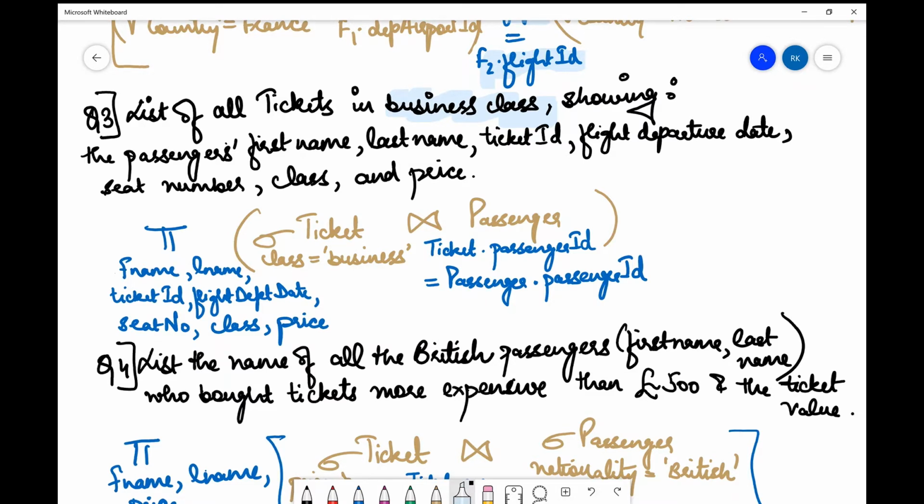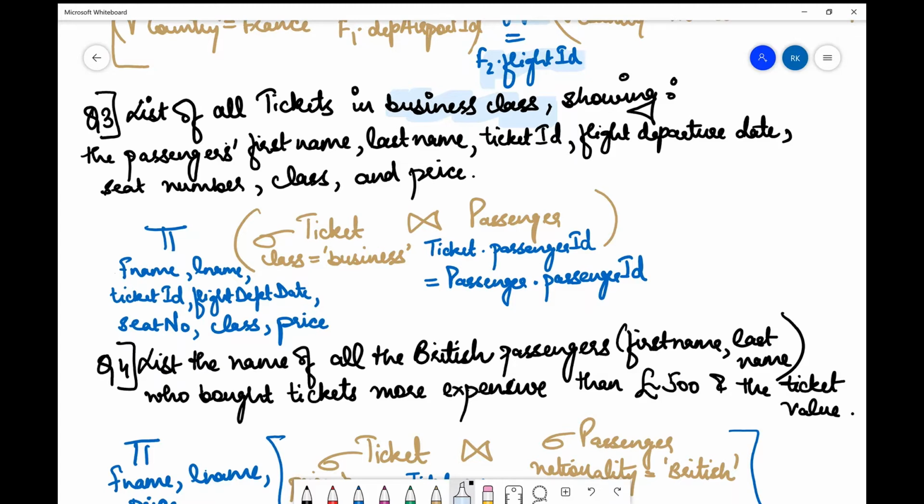Now, it is very important over here first of all to find what is the condition which needs to be selected in order to fetch the records, and then finally what is the final information that needs to be projected.